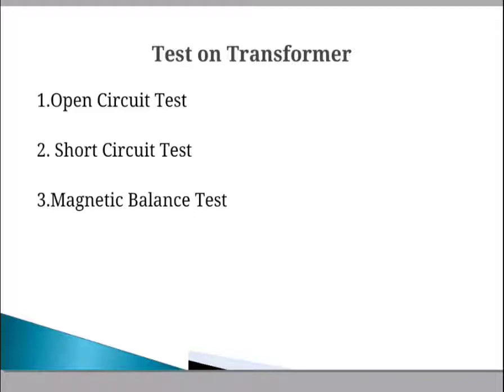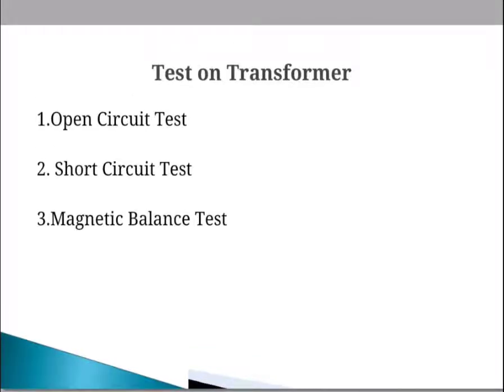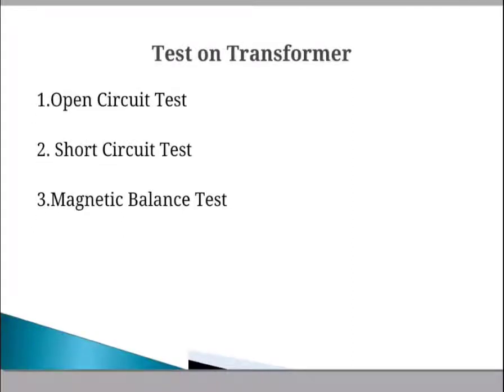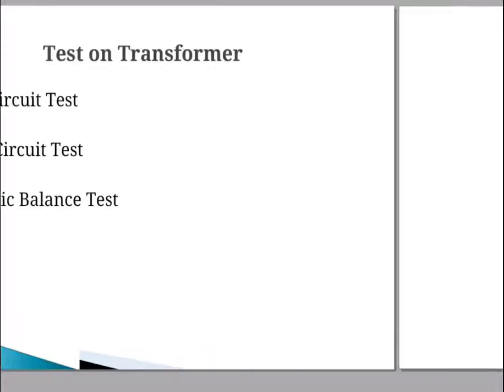The open circuit and short circuit tests are performed for determining the parameters of the transformer like efficiency, voltage regulation and circuit constants etc. These tests are performed without actual loading of the transformer, hence very less power is required for this test. The open circuit and short circuit tests give very accurate results as compared to the full load test.